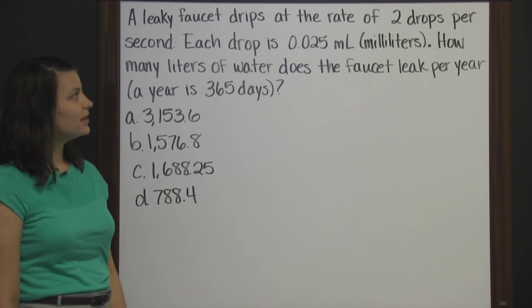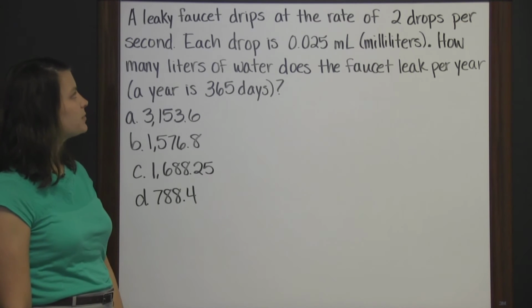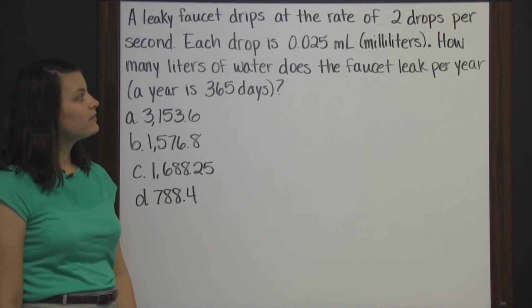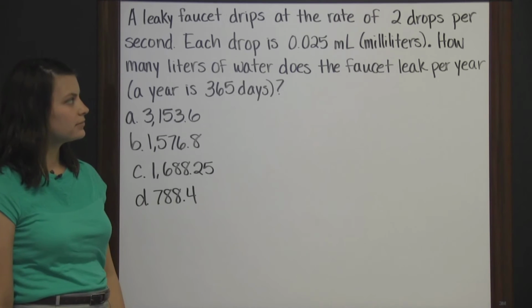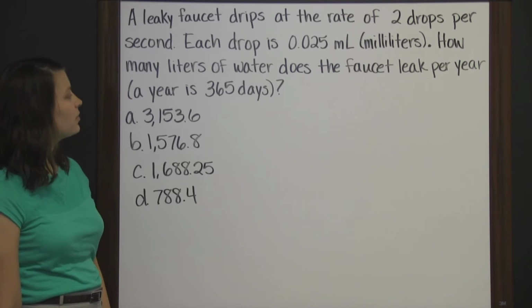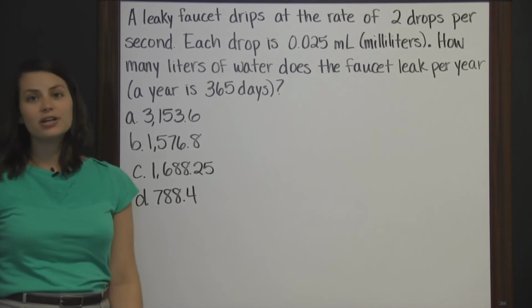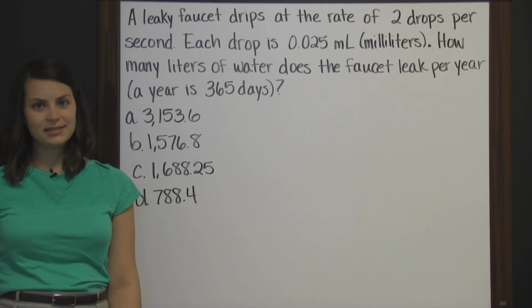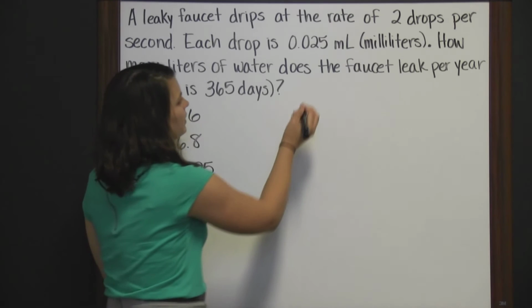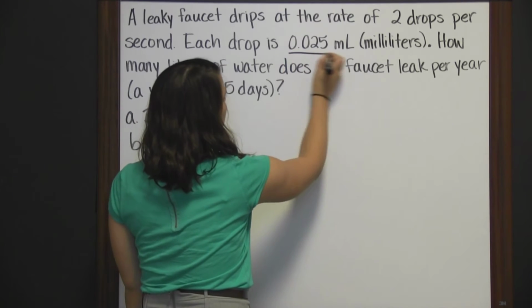A leaky faucet drips at the rate of 2 drops per second. Each drop is 25,000 milliliters. How many liters of water does the faucet leak per year? A year is 365 days. So I'm going to start with this 25,000 milliliters